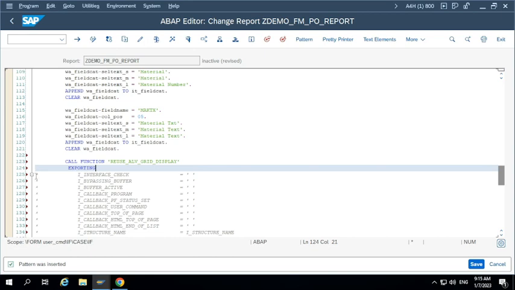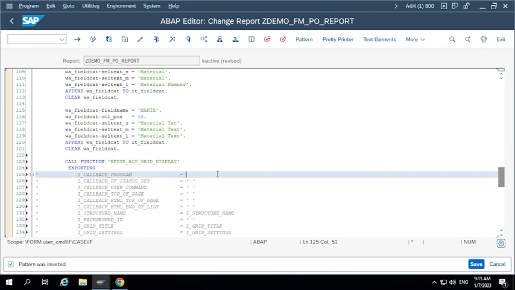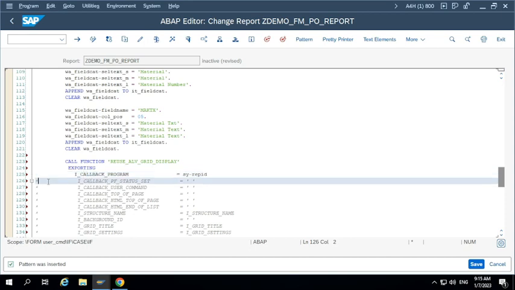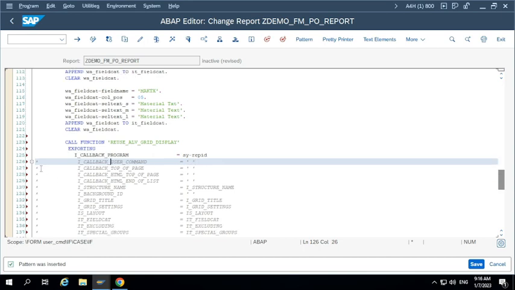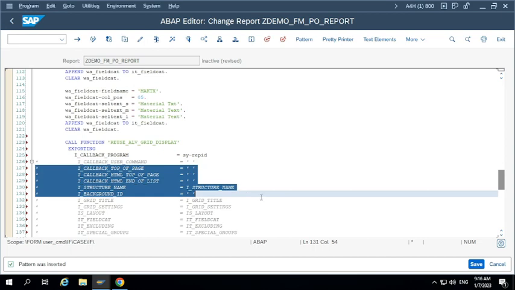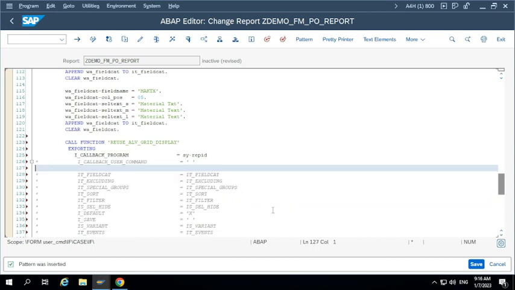Now, S5-REPID, enable this. I don't need PF status. Do you want to display next level report? When you click on a second level report, then keep this user command. If you want to display one more level, field catalog,